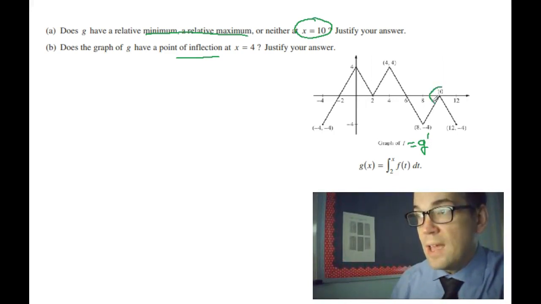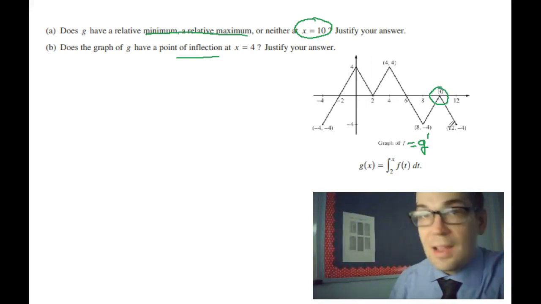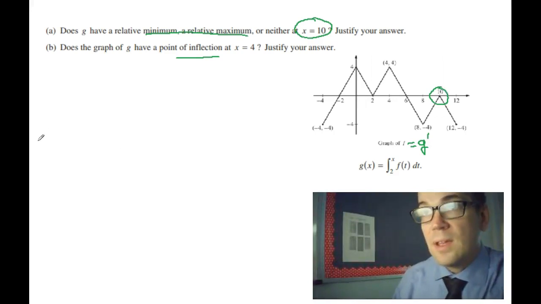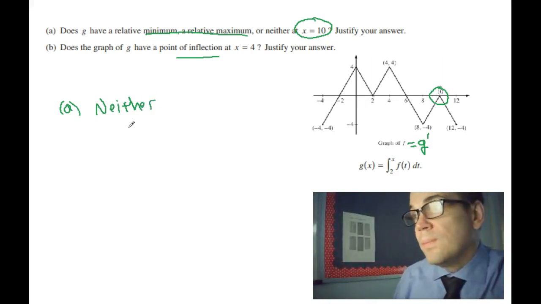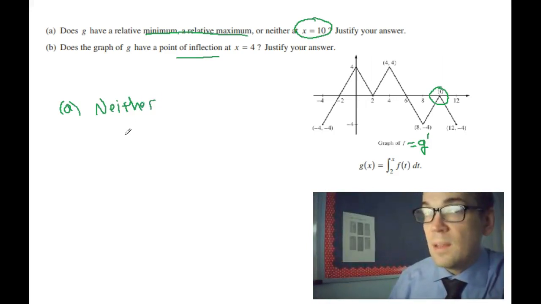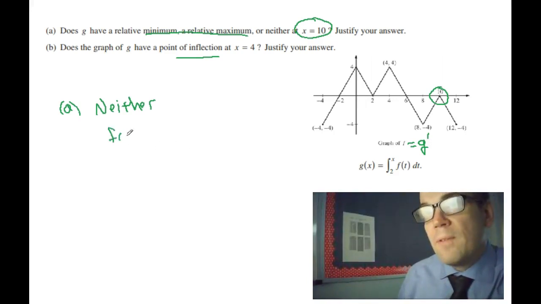Looking at the graph near 10, I can see that this function is not changing from positive to negative. It goes to 0 at 10, and then it stays negative. So the answer to part A is neither. And the reason, well, there's a lot of ways to say this, but anything to the effect of, you can say something like f of x, which is equal to g prime of x,